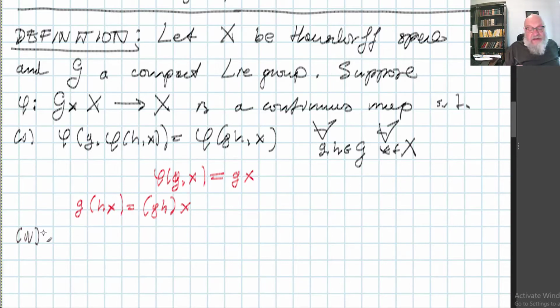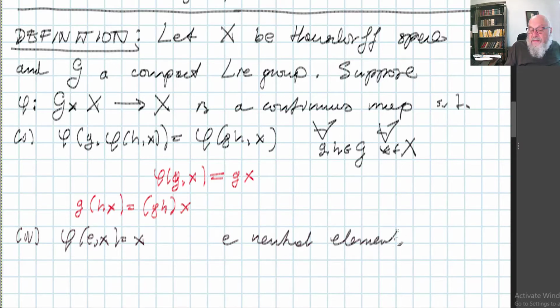Then you have the second property. If you take the neutral element e in G, you will be getting x, and this is for every x in X. So that means this property is that ex is equal to x. So that continuous map phi is called the G action